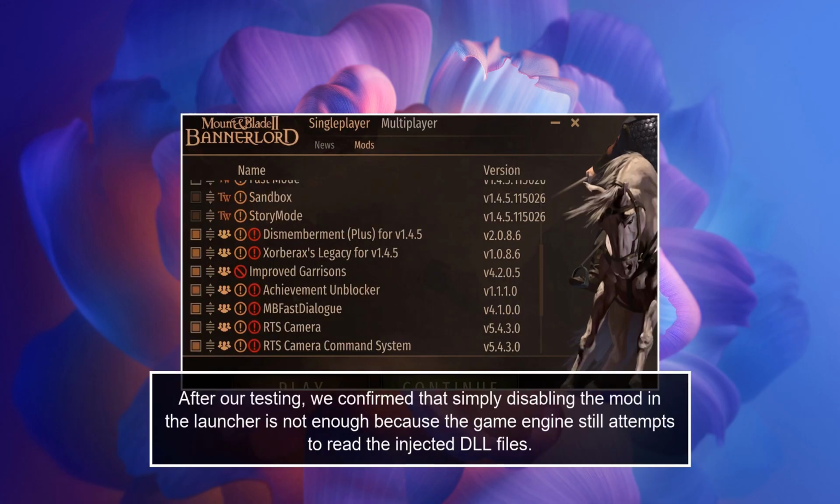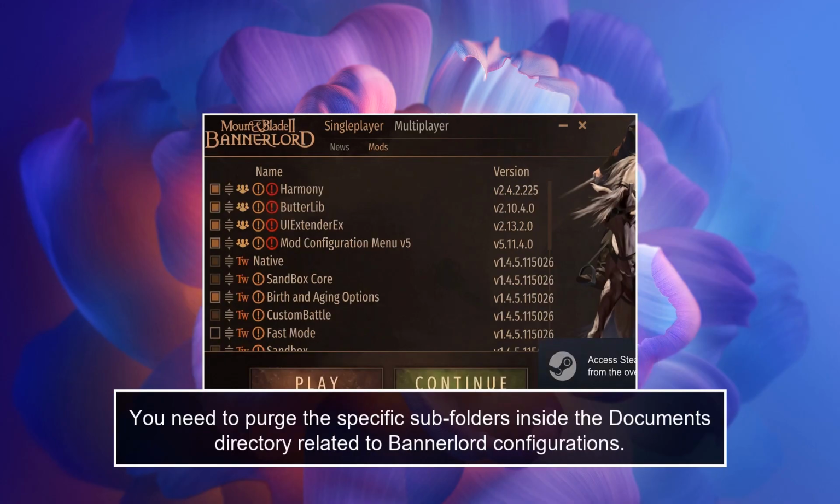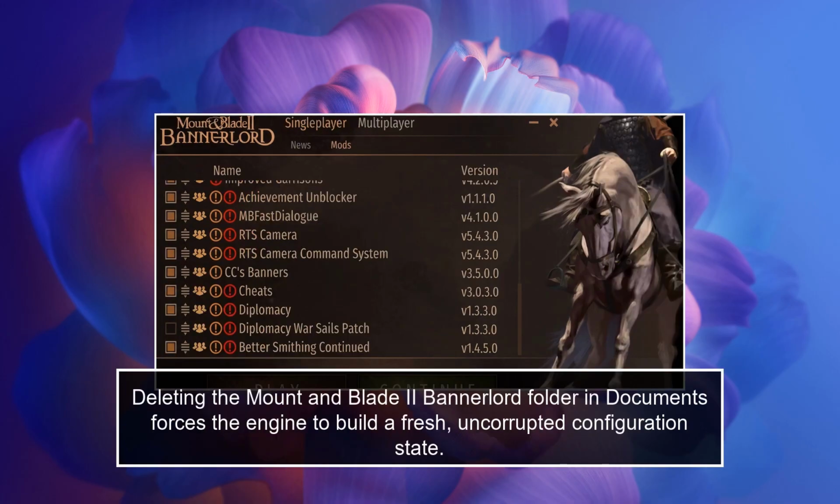After our testing, we confirmed that simply disabling the mod in the launcher is not enough because the game engine still attempts to read the injected DLL files. You need to purge the specific subfolders inside the documents directory related to Bannerlord configurations. Deleting the Mount and Blade II Bannerlord folder in Documents forces the engine to build a fresh, uncorrupted configuration